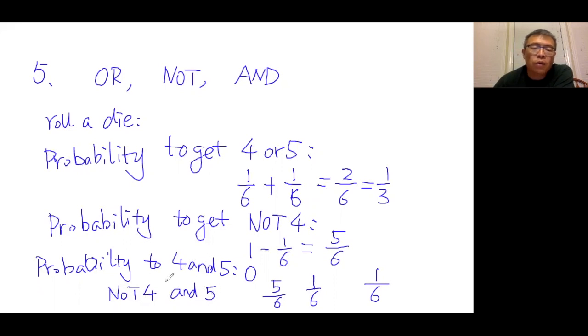Now, in general, when you have a question about the probability of AND, you have to have both of these satisfied. Sometimes you could have more complicated cases when both of them are satisfied. In this case, you have to find the overlap between these two probabilities, and then choose this as your probability. Now, in this case, the case of not 4 simply includes the case of 5, so the total probability is simply equal to the probability of getting 5. Does that make sense?